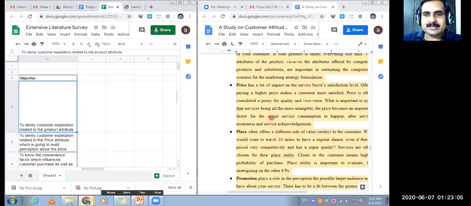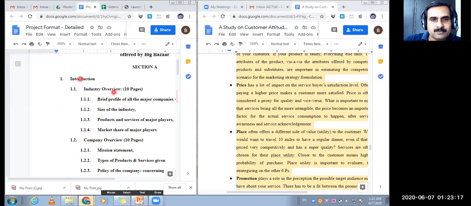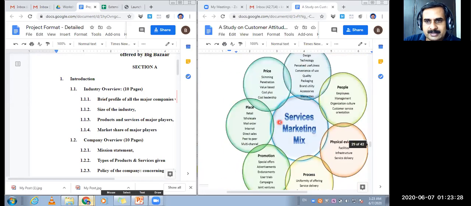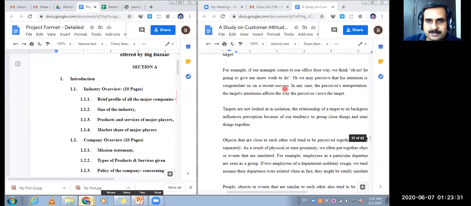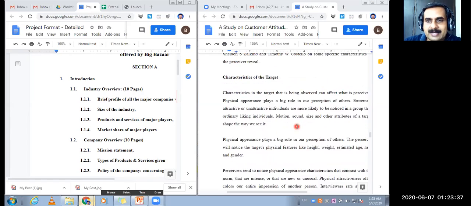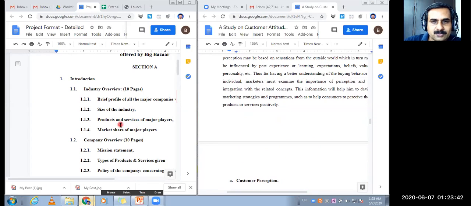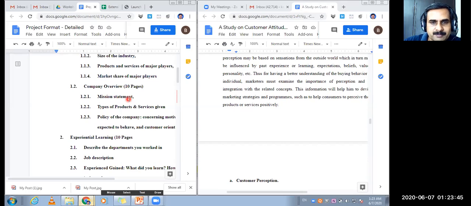मुझे लगता है कि आप अपना एक्सटेंसिव लिटरेचर सर्वे और प्रॉब्लम आइडेंटिफिकेशन और बेसिक इंट्रोडक्शन पार्ट अच्छे से लिख पाएंगे। और अभी तक के फॉर्मेट में जो हम लोगों ने कवर किया है, वो इंट्रोडक्शन पार्ट मैंने प्रीवियस लेक्चर में ऑलरेडी उसका लिंक दिया हुआ है। हम लोगों ने ब्रीफ प्रोफाइल कवर कर लिया, साइज ऑफ द इंडस्ट्री, प्रोडक्ट एंड सर्विसेज ऑफ द इंडस्ट्री, ये हमारे राइट साइड वाले डेटाबेस में ऑलरेडी मेंशन्ड है। आपको जब ये लिंक शेयर किया जाएगा तो आप उस लिंक के थ्रू उस पूरे मटेरियल को देख सकते हैं, और वो मटेरियल लिया कहाँ से गया है ये भी इस पे मेंशन्ड है। तो दोनों चीजें आप एक ही डेटाबेस पे पा सकते हो।